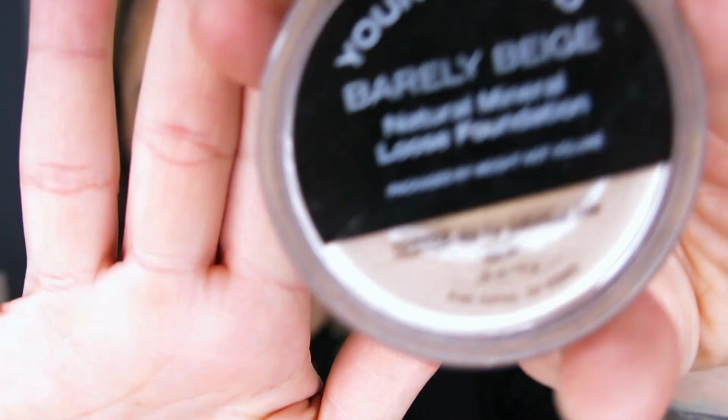So for the foundation powder I'm going to use to blend a little bit more is the Barely Beige in Youngblood. Again, because I want a very natural, still flawless look. And I'm just going to go over my whole face with it, just to help blend everything and set